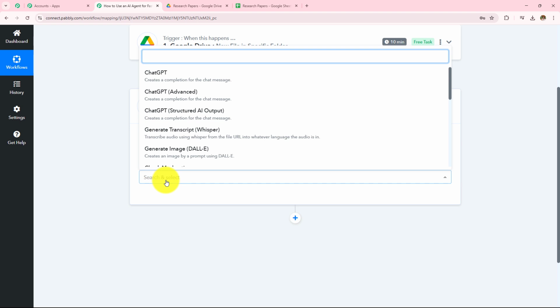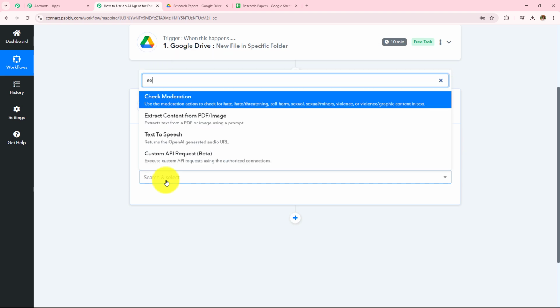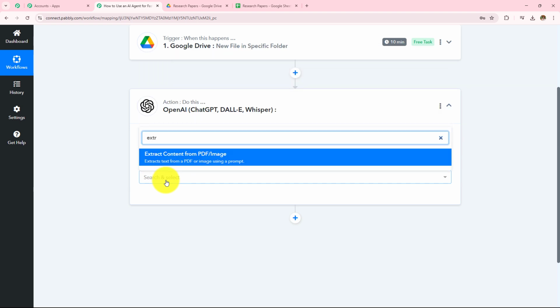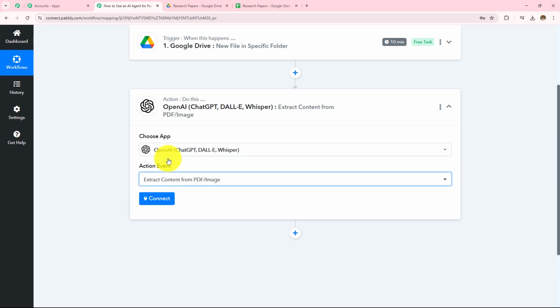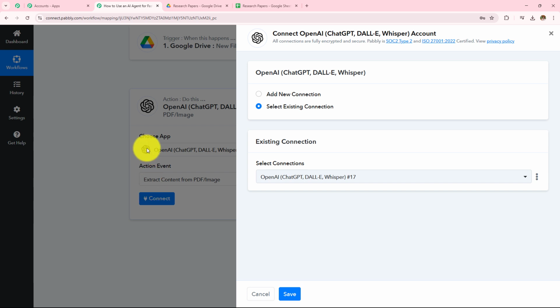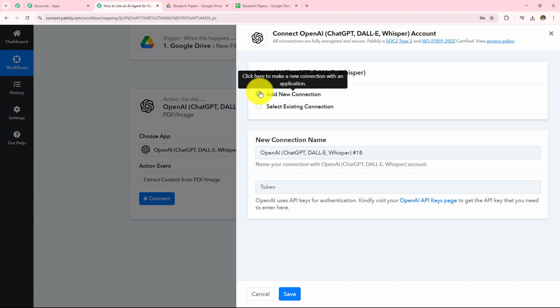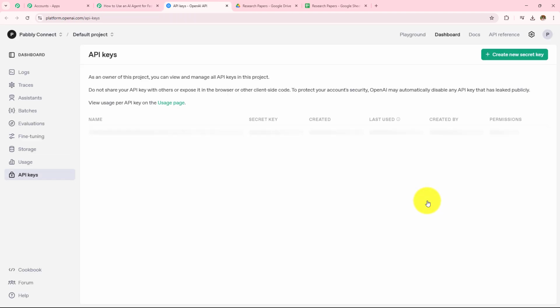And then in my action event, as I have to extract the text from that research paper, I am going to select this as extract content from PDF/image and then click on this connect. So if you have an existing connection, go with save. If you don't have one, click on this add new connection and to make this connection, we have to enter the token. So over here, I am provided with the hyperlink which I am going to open.